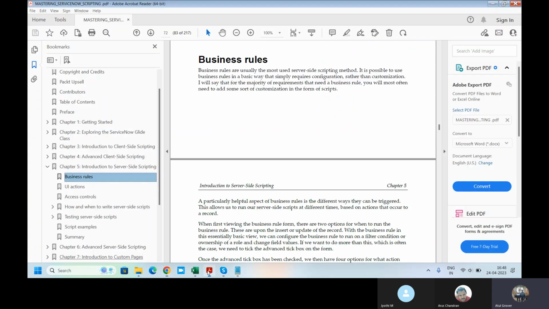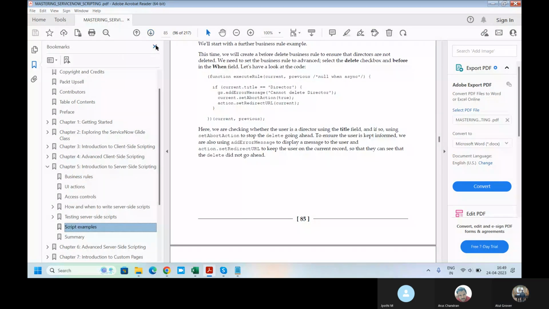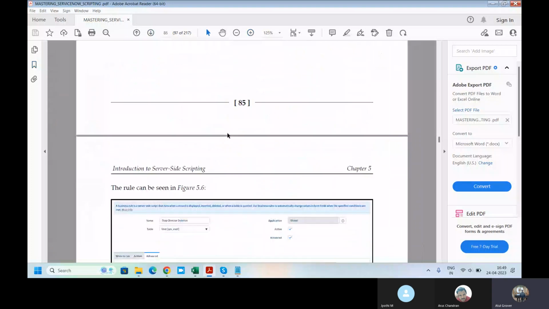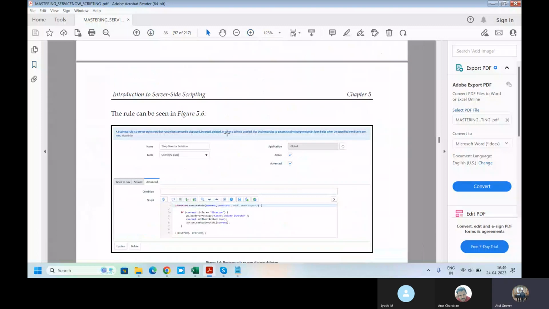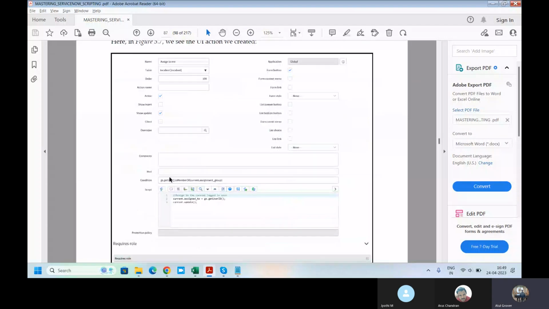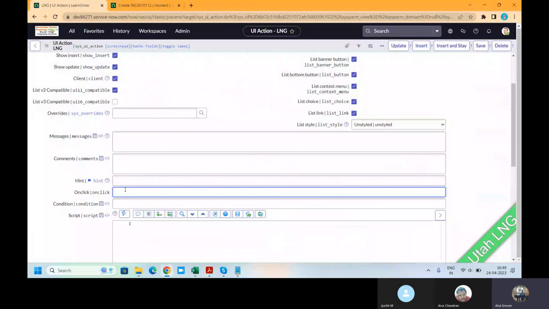Let me come to this book now to show you that particular part. Script example UI action. Sys user table, no, not this one. Like assigned to is a UI action. So what they do? You can put your condition here, on which condition it should work. If all values are failed, or if the contact type is email, kind of things. But here normal English will not work. Here your normal English will not work. You have to define it in